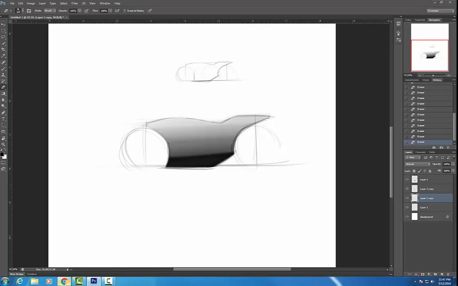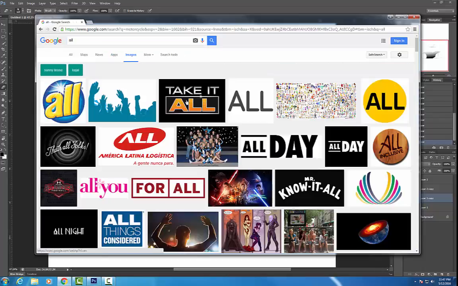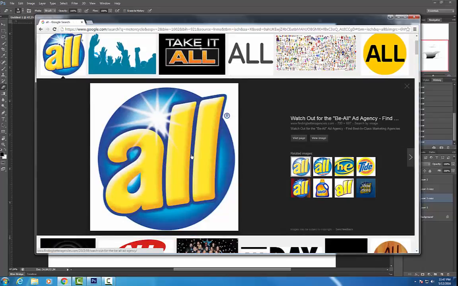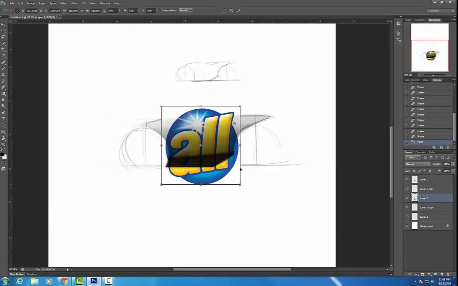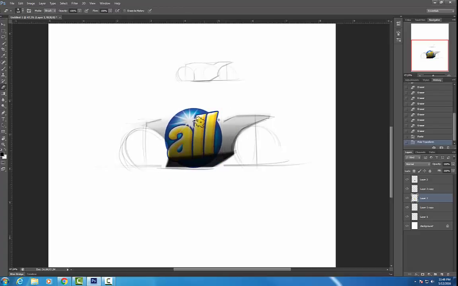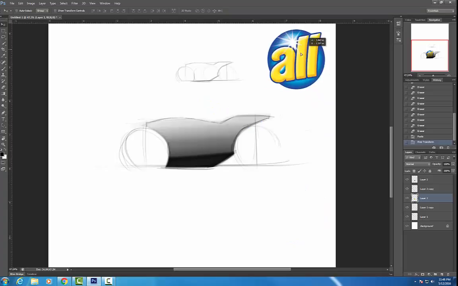And the random word challenge. The random word challenge is you pretty much put in any word, and you have to find the first image that pops up. So in this case, maybe I can just do "all." If I put in "all," I'll just pick this image. And the challenge is to take an image and find some inspiration in it that you can then challenge yourself to apply on top of